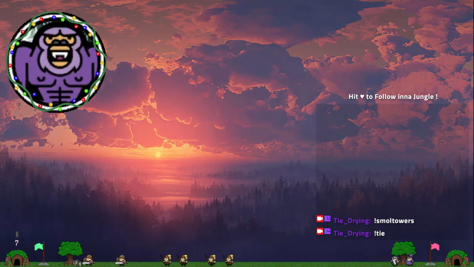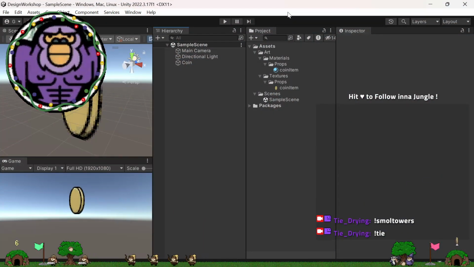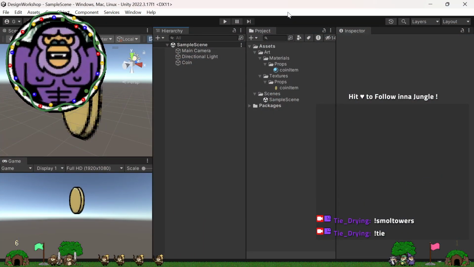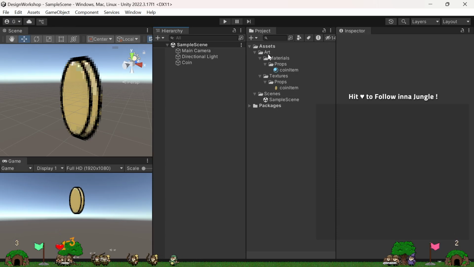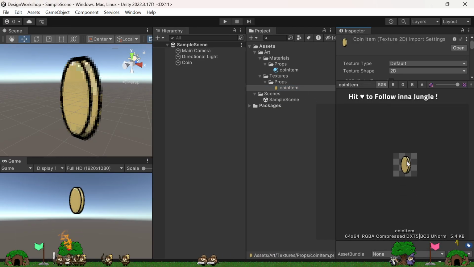Last time we were in the game engine, it looked like this, and I'm going to remove my avatar. Because we looked at this panel here and said this is a mirror of all the folders that are actually in your file system. There's a project of this name on your disk, and inside that project folder there's a folder called Assets, and I made a folder called Art, and we already had a folder called Scenes and so on. But we added an image. This is the pixel art image we made last time